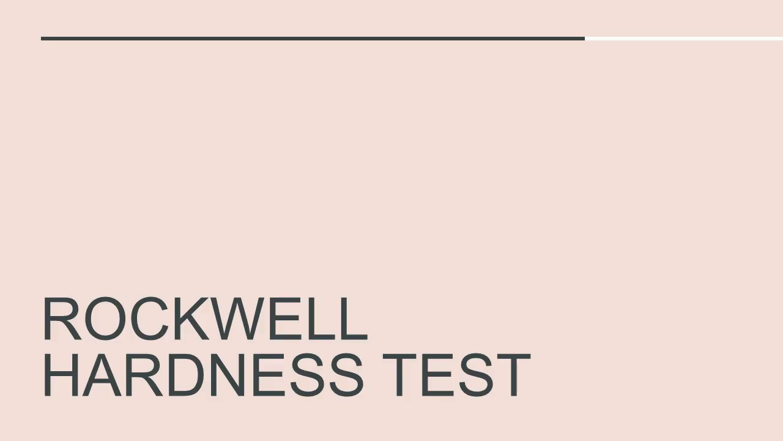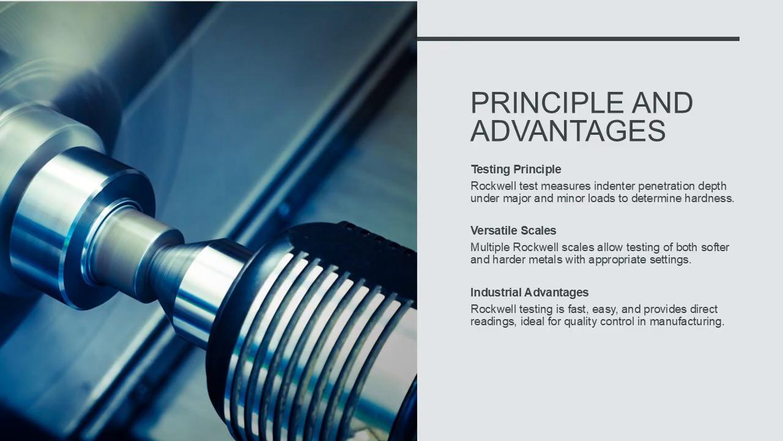Then, let's talk about principle and advantages of Rockwell hardness test. The Rockwell hardness test measures the depth of penetration of a steel or carbide indenter under a major and minor load. It offers multiple scales, e.g., HRB for softer metals and HRC for harder metals, making it versatile for different materials. Rockwell testing is quick, easy, and widely used in industrial settings because it provides direct readings without requiring optical